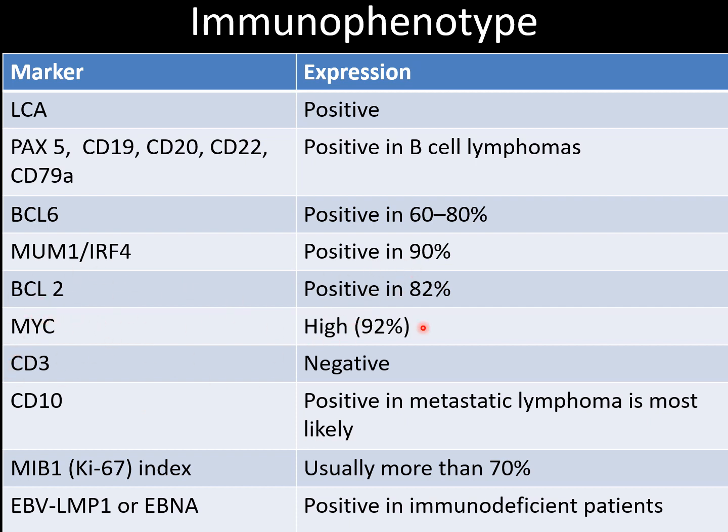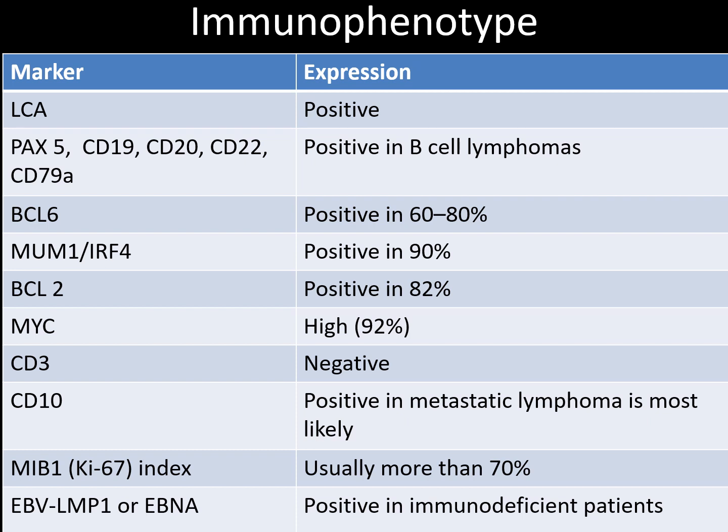These are CD3 T cell negative, and CD10 is helpful to determine whether it's a metastatic lymphoma or the primary CNS lymphoma. The proliferation index is usually 70 to almost 80 to 90%. And in an immunodeficient patient, it is important to get the Epstein-Barr virus status done. We have had one case which was showing Epstein-Barr virus